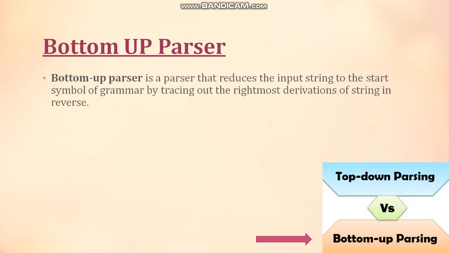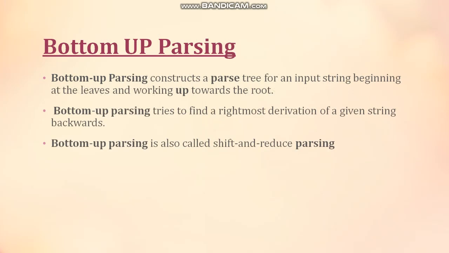There are two major categories of parsers, bottom up and top down. The technique that we are going to discuss belongs to the bottom up parsers. What is a bottom up parser and how does it work? A bottom up parser is a sort of parser that works in the opposite direction, from bottom to up. It starts from the leaf nodes and moves towards the root node and creates a parse tree. It works in a backward fashion and uses the rightmost derivation. It is also known as a shift and reduce parser.